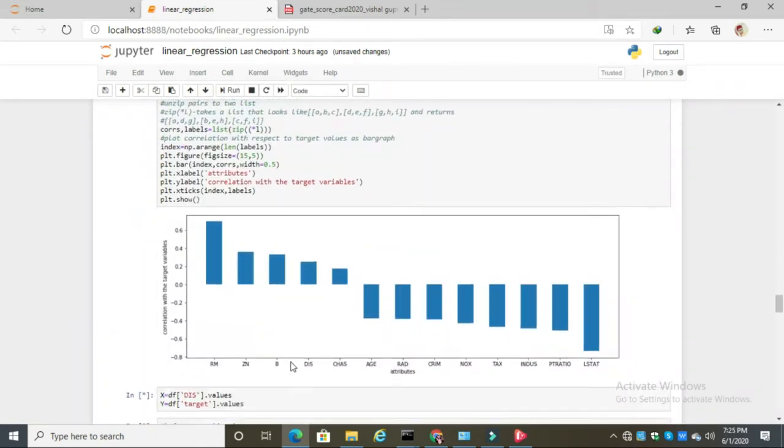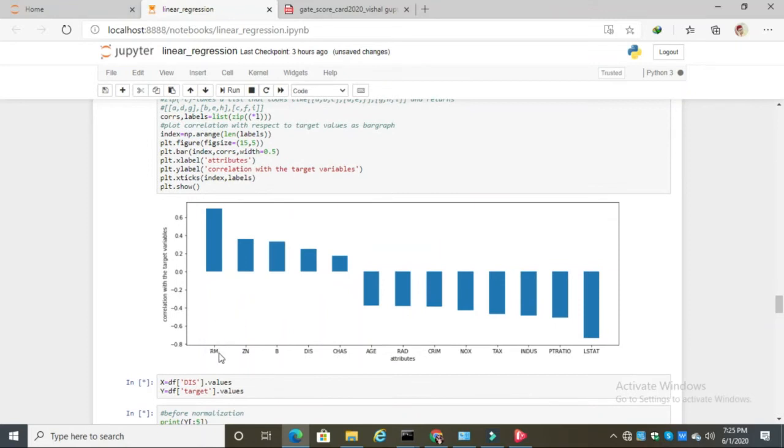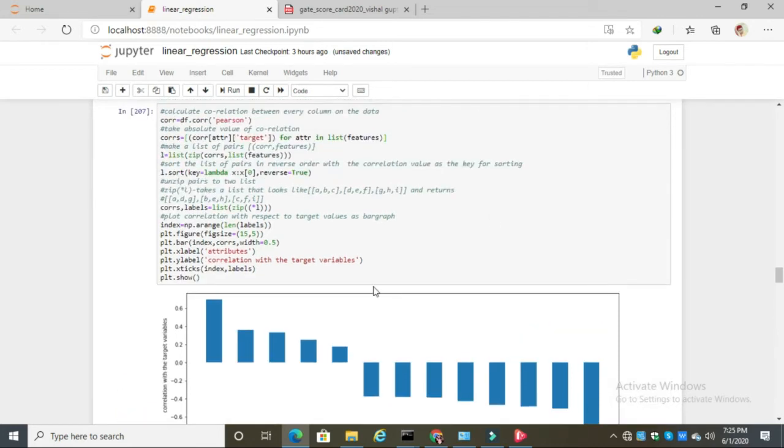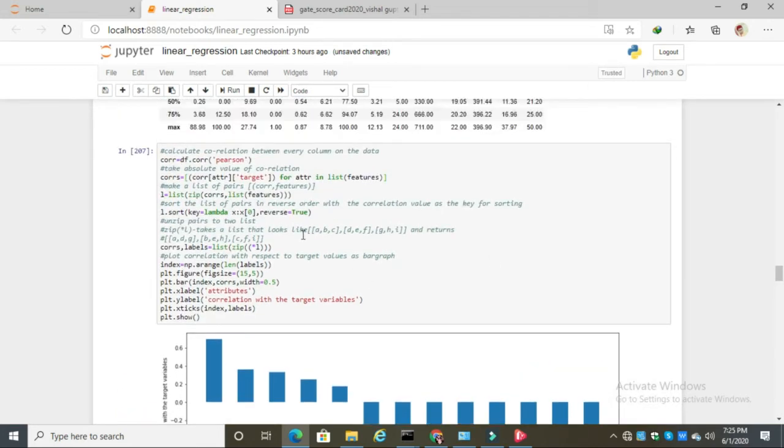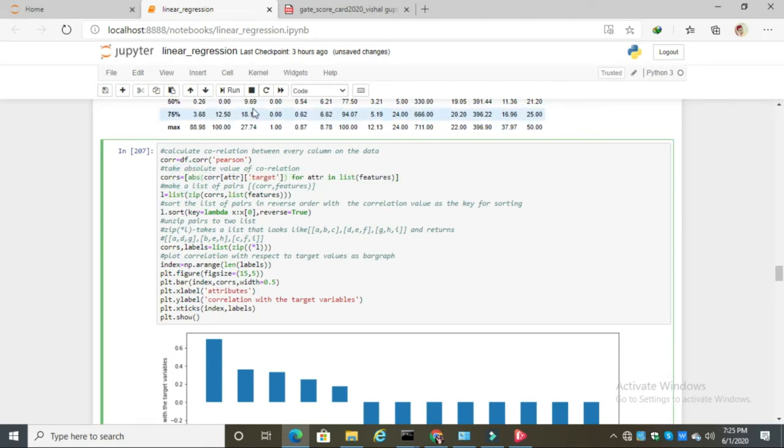See here, RM has the positive graph and here LSTAT has the negative curve. This is the change that occurs when I remove the absolute function. Okay, now I'm again writing the absolute function here.